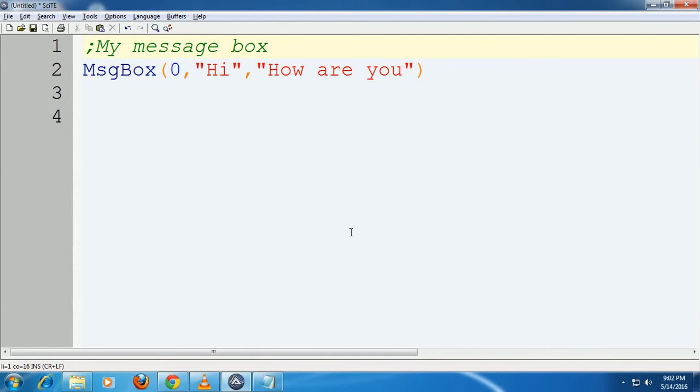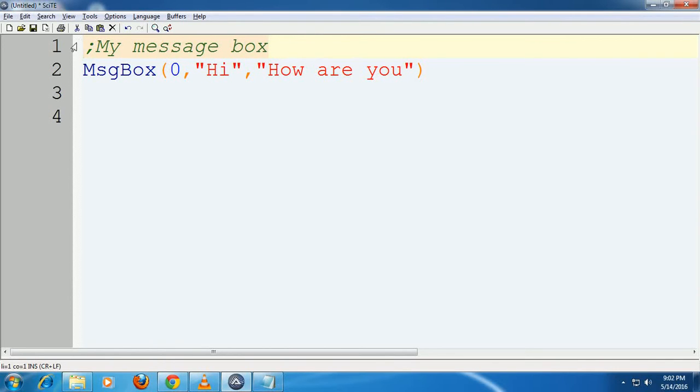my message box. So when the compiler starts executing the script, it looks for the special character semicolon, and wherever it finds the semicolon, it completely ignores the text next to it and starts executing the line which is present next to this. That is, this statement is considered a valid one, but this is not valid, and it was considered as a comment by the compiler. So this is one type of comment, and next the second type is the AutoIt function.